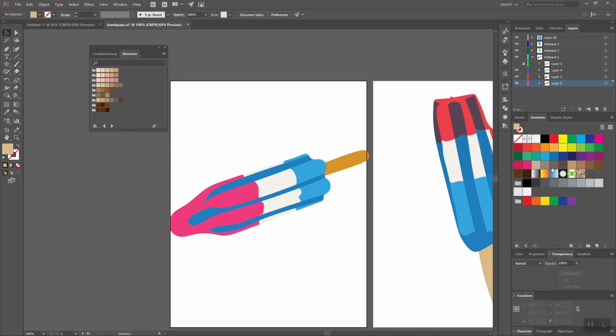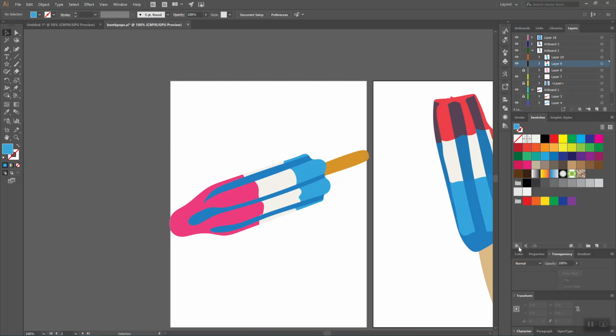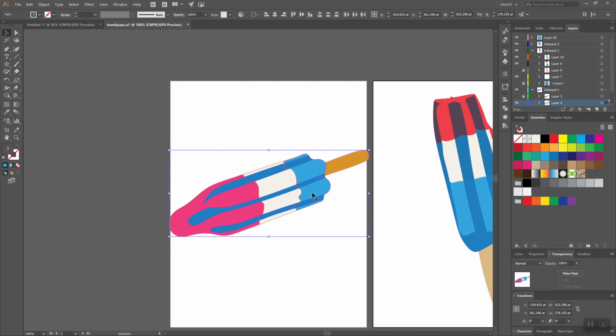And you can assign these just like you do your swatches panel. So when you have something selected, you just choose from the swatches and it applies. But we can also make our own libraries, okay? So to do that though, we actually have to,